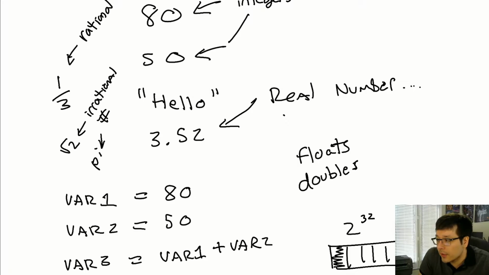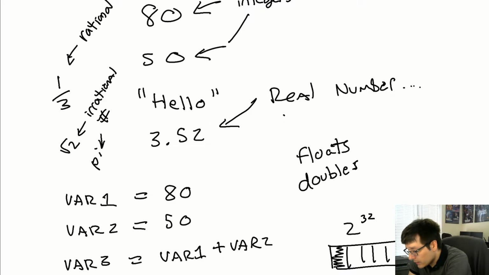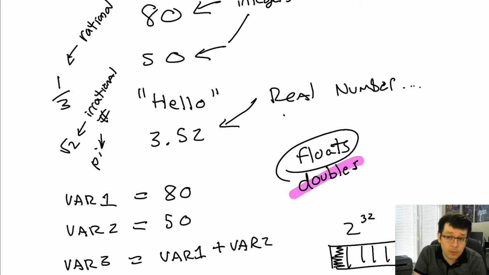If you're trying to calculate the circumference of the Earth, and you're just using something that can store that accuracy, you're not going to get a very exact number, because you're dealing with such big numbers. And so doubles help out with that by giving you, instead of 32 bits, 64 bits. It turns out that in Python, they've done away with the idea of a double and just kept the word float. So when you hear float in Python, it's a double in other languages, which is 64-bit precision,